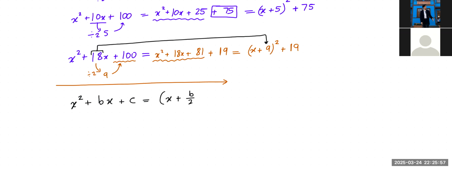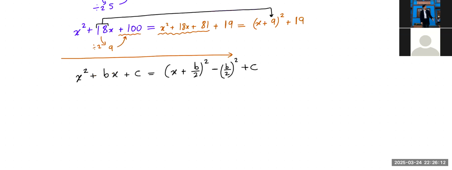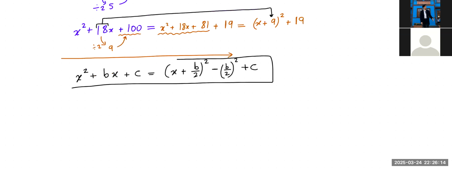Because if you open this up, you're going to end up with b squared on the right, so we have to subtract that and then put the c back. You can use this method directly, just copy paste it, and you can complete the square on anything